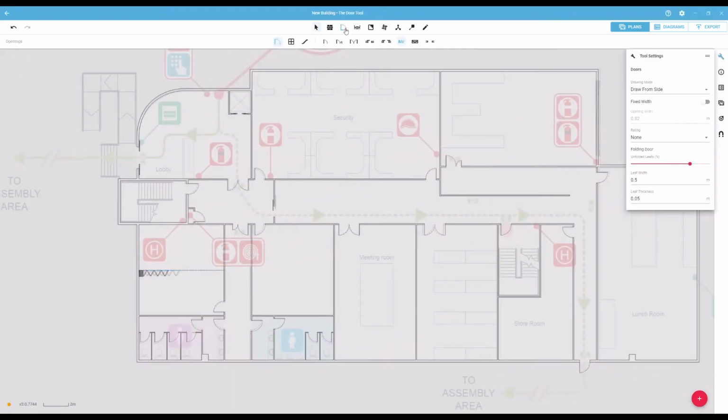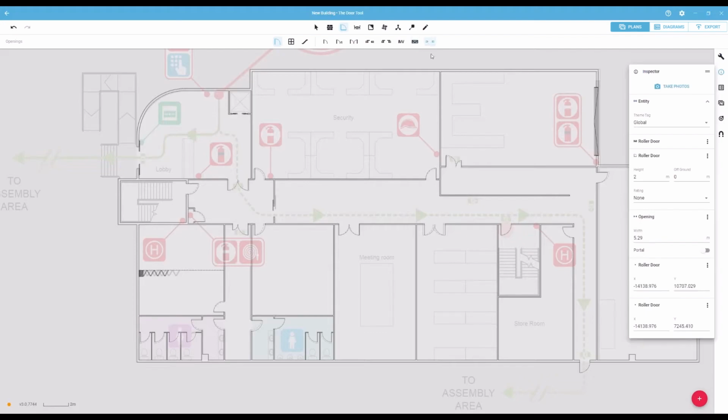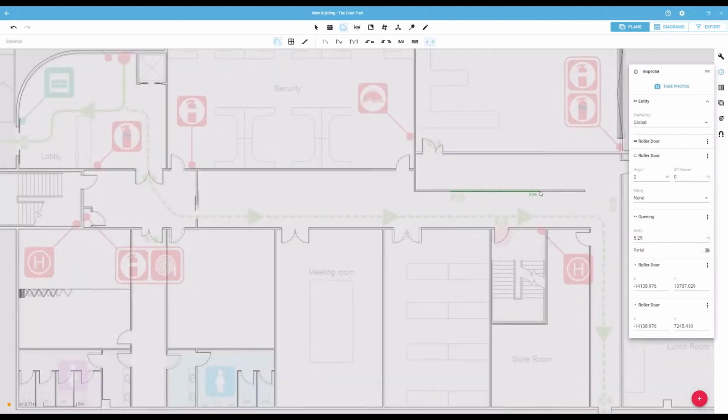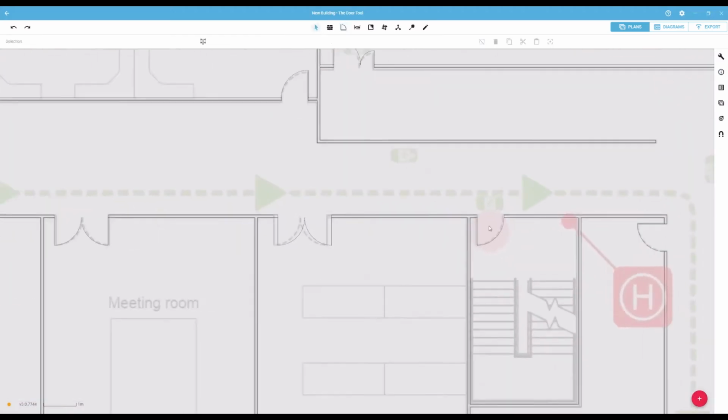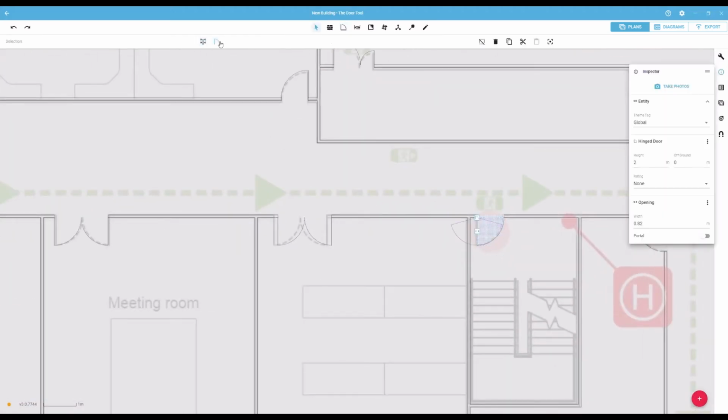We can then draw in our roller door, leaving fixed width turned off, and using our last drawing mode, Draw from Center. The final door option for us is an opening, acting like a doorway in a wall with the door removed. We can then go back and select any of our doors and change to the swing mode to